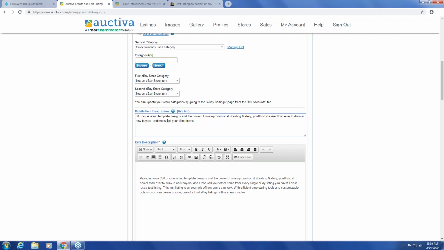And that's because on a mobile device, there's very limited space that we have to work with. So what eBay does is, if you have a very long item description, they may take the first 250 characters of your item description, and they'll show that to mobile shoppers first. In order for a mobile shopper to see your full item description, they have to click an additional button. So what this mobile item description editor allows you to do is specify the exact information you want to promote to your mobile shoppers. So I would suggest you put your most relevant and important product information in this field,